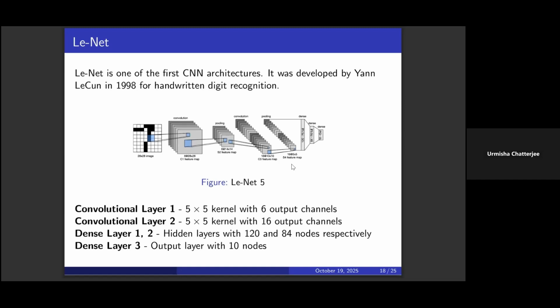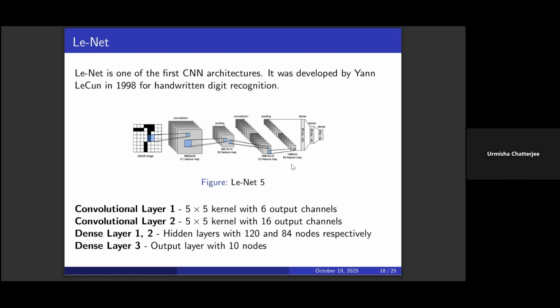So I'll show a very simple CNN architecture now. This is called the LeNet. It is one of the first CNN architectures, made by Jan LeCun. And this LeNet architecture is so standard that even today some ATMs are said to use the same LeNet 5 structure. The one that you see here in this image is the LeNet 5 structure because it has 5 layers. There are two convolutional layers followed by 3 dense layers. These dense layers are the same as the multi-layer perceptrons.